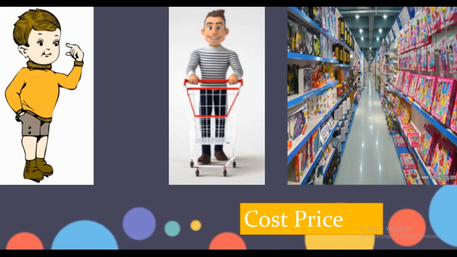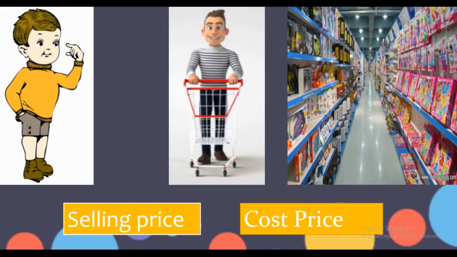Next day, a boy named Sam came to his shop. He wanted to buy a toy which Johnny bought yesterday. Sam paid the amount of the toy and brought the toy to his home. The amount received from Sam is called the selling price, or it is the price of the sold item.